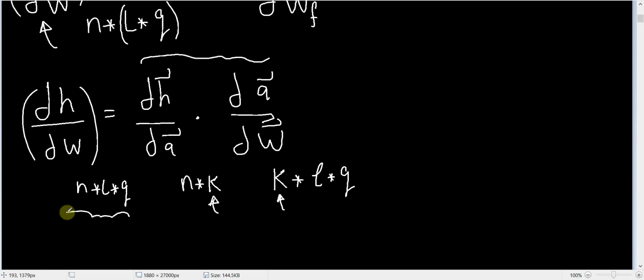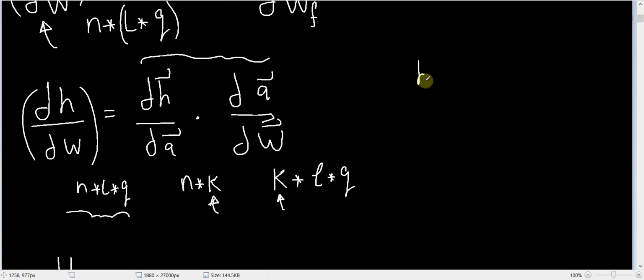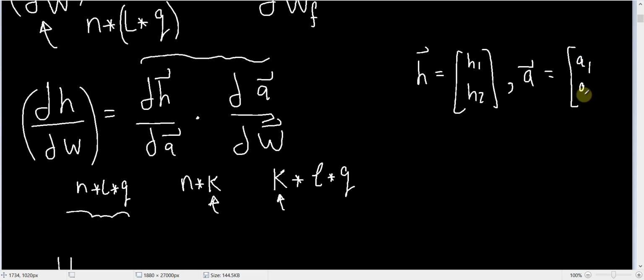Now, whenever I face a problem like that, I decide to take a step back. So let's try to take a step back and get dH1 on its own, the differential dH1. For simplicity, let's assume that the vector h is a 2 by 1 vector, so h is equal to h1 and h2. The vector A is also a 2 by 1 vector, A1 and A2, and let's also assume that the matrix W is equal to W1, W2, W3, W4,